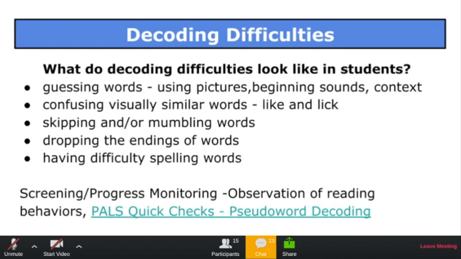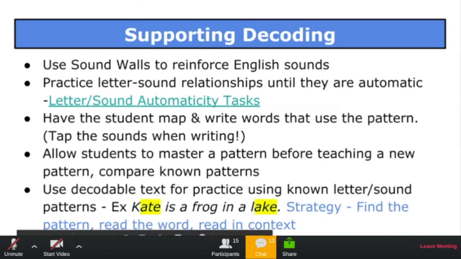Is this a word that's in my vocabulary? Truly, I would only use that for progress monitoring. Observing reading behaviors will give you a lot more information about whether or not decoding is a difficulty for your student. For supporting students that are having trouble with decoding, we can use the sound walls to reinforce the sounds